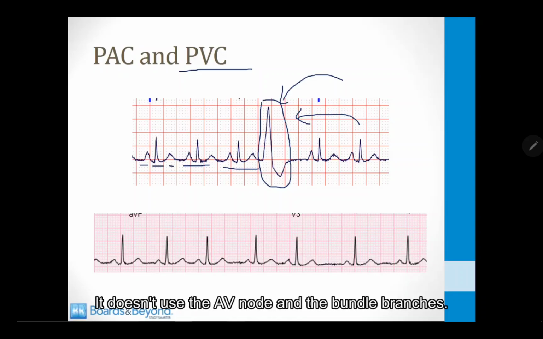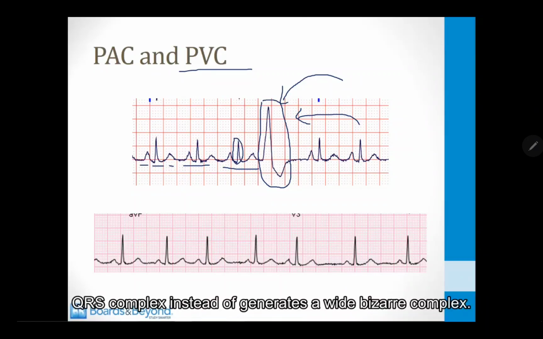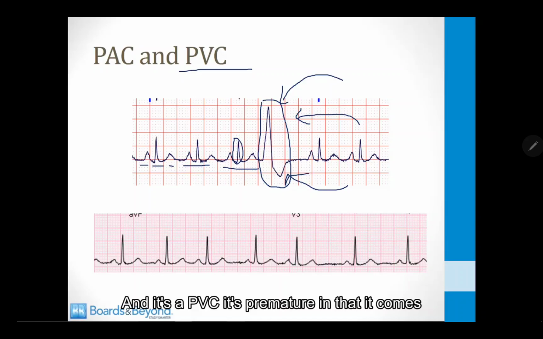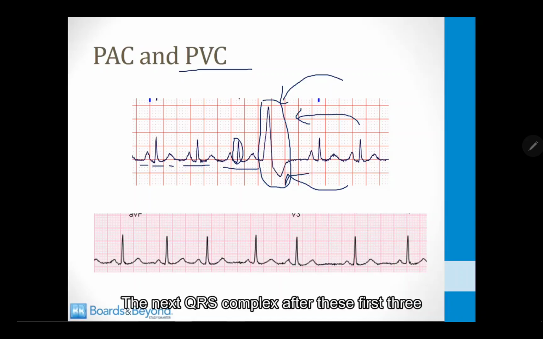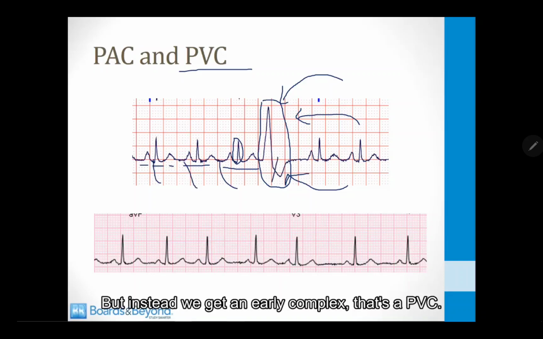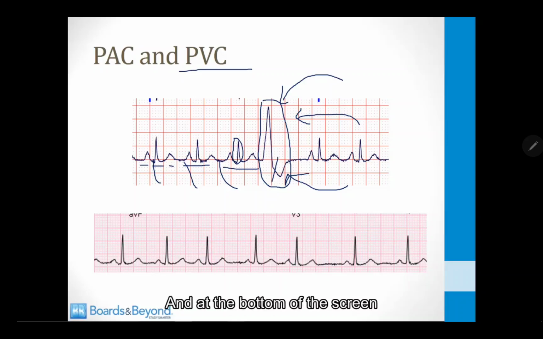This electrical activity originates in the ventricle. It doesn't use the AV node and the bundle branches. That's why it doesn't generate a normal looking QRS complex. Instead, it generates a wide, bizarre complex, and that's a PVC. It's premature in that it comes in earlier than you would expect for the next QRS complex. The next QRS complex after these first three should occur somewhere about here, but instead we get an early complex that's a PVC. And at the bottom of the screen is another early complex right here,